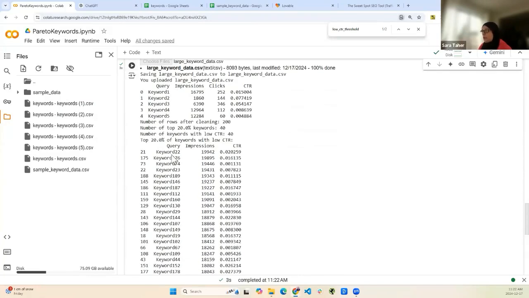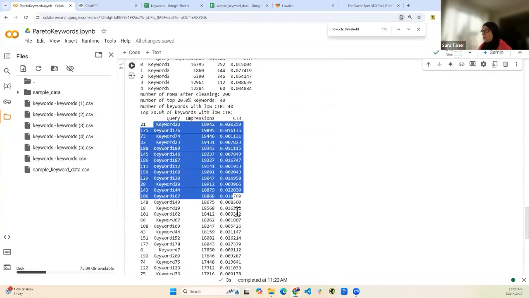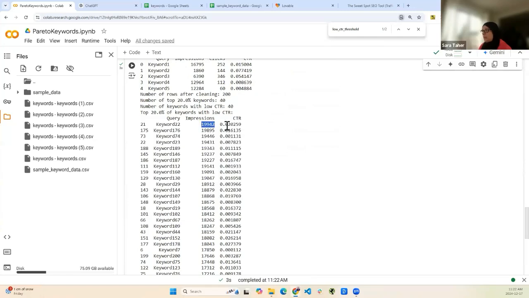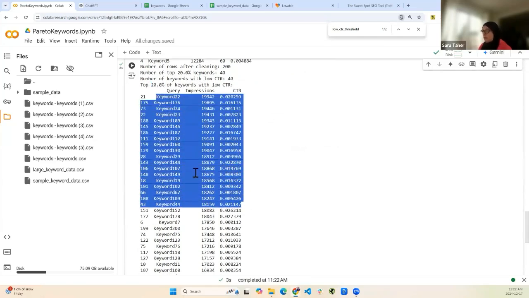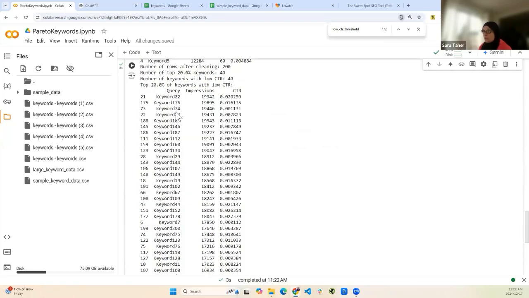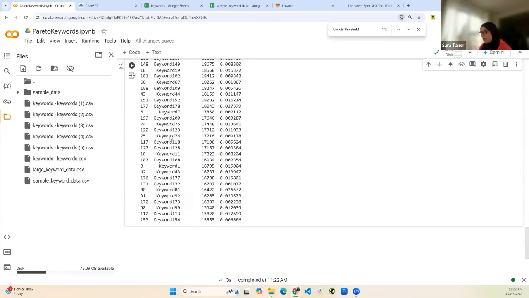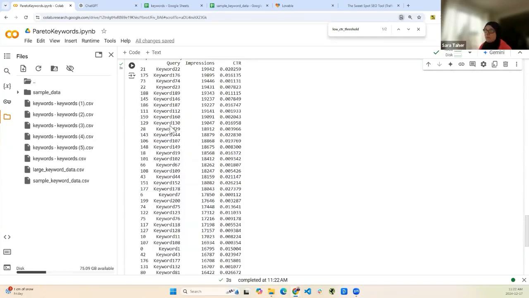Okay, here. Keyword, impression, and CTR. These are the top 20 percent of keywords that have low CTR. So if you want to start optimizing, you should go after those keywords first, right? I would have liked more descriptive keywords here, more than just keyword 1, 2, 3, but